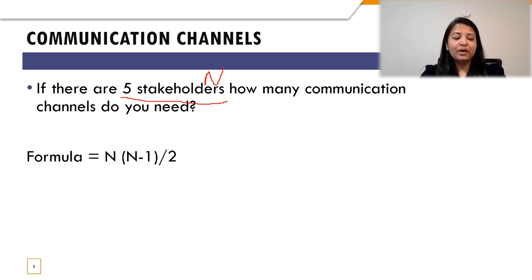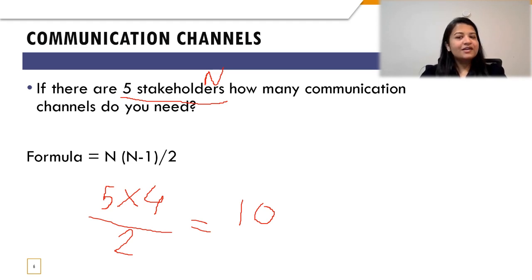Now I just have to remember to multiply this 5 with the next lower number that comes before 5, which is 4. Then I divide this result by 2, which gives 10 channels that I'll need for dealing with these 5 stakeholders. That is much easier for solving this question very fast. If you see the number of stakeholders or number of people on your project, you just take that value, multiply it with the next lower number that comes before that value, and then divide the entire result